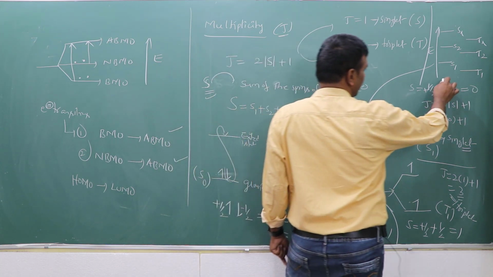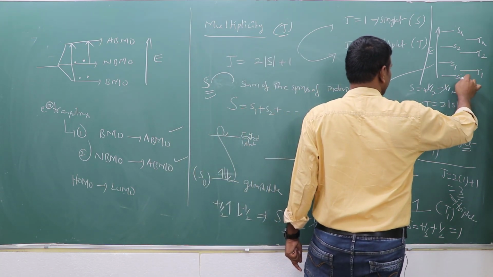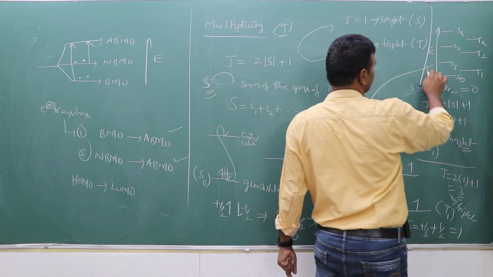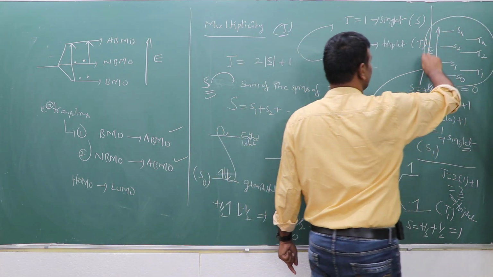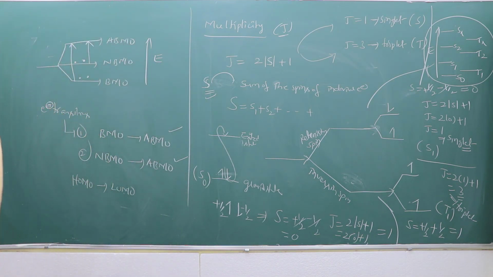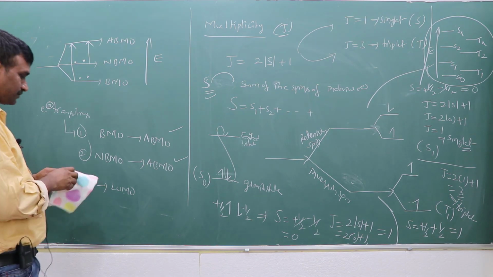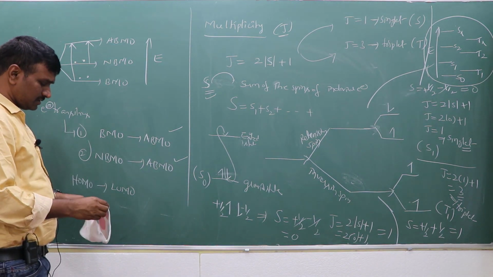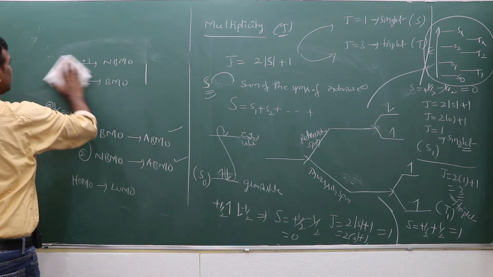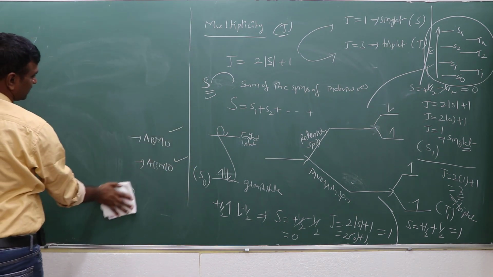So S0 is possible here in this case. The order is also there according to Hund's arrangement, that is, the singlet state has more energy than the triplet state. Leave it at that. Now in this case, why will this concept be explained, singlet and multiplicity? Based on the multiplicity,